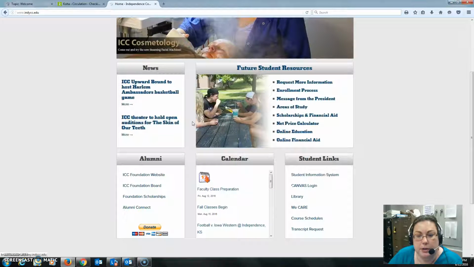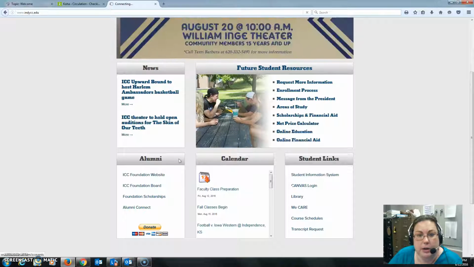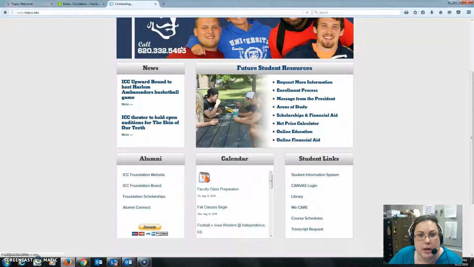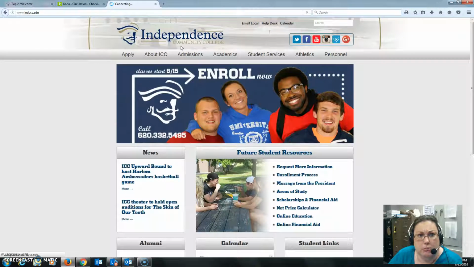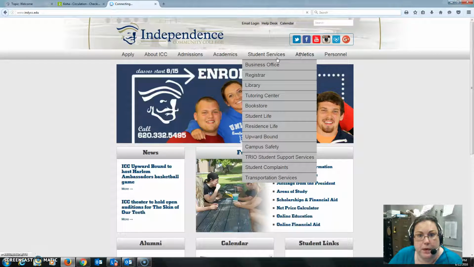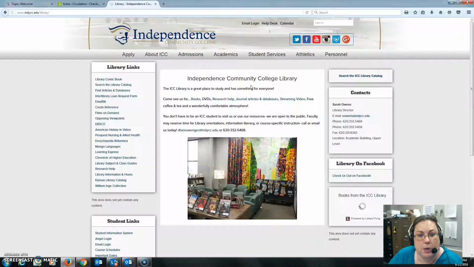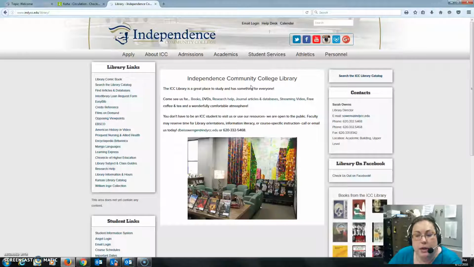First thing you need to do is go to the library webpage. And our library is part of a consortium with over 40 other libraries in southeast Kansas. We are always adding libraries, and so it's important to know that when you do this, you are going to be going to a card catalog that is maintained off-site